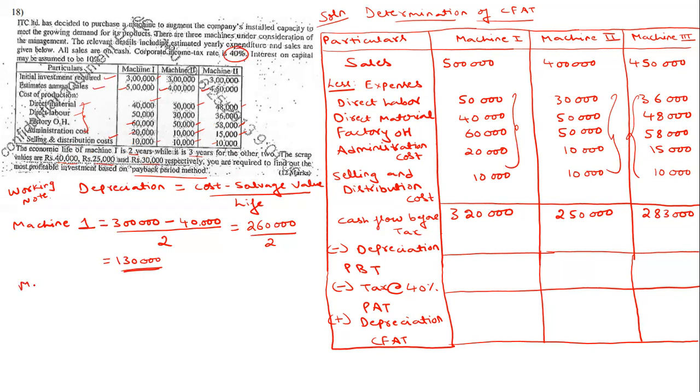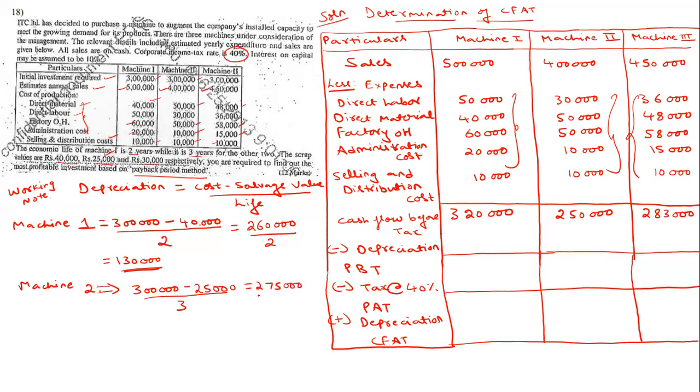Similarly, now let's go for machine 2 to calculate the depreciation. Machine 2, what it says, the initial investment happens to be the same 3 lakhs, but the salvage value happens to be 25,000. It is there in the question. You can see here the question, 25,000, right? And the economic life of machine 2 and 3 happens to be 3 years. It is in the question. So we will take it that